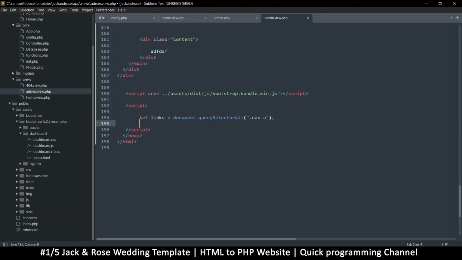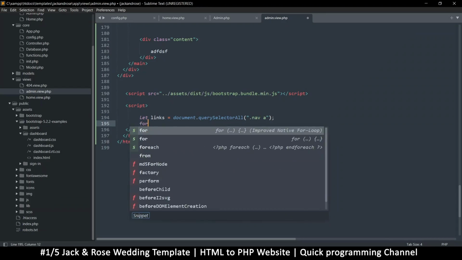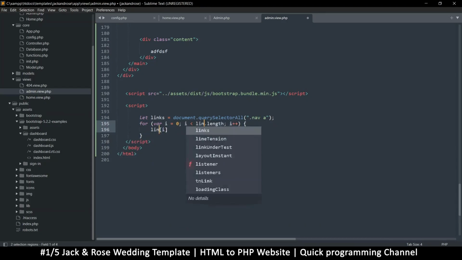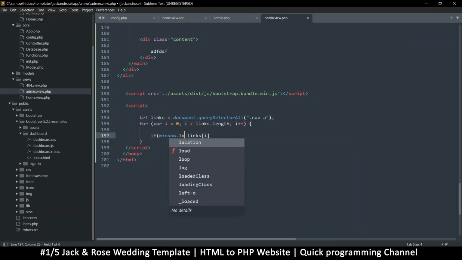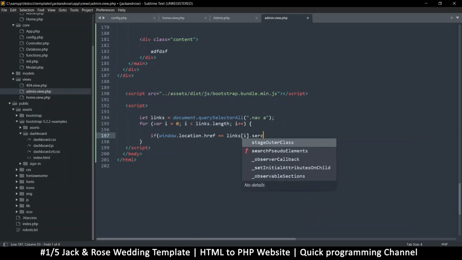And then let's do a for loop in here. So I'm just going to do for and say links. So I'm going through all the links and then just checking to see what's going on. So say if window.location.href is equal to the current link that we are looping through dot source,